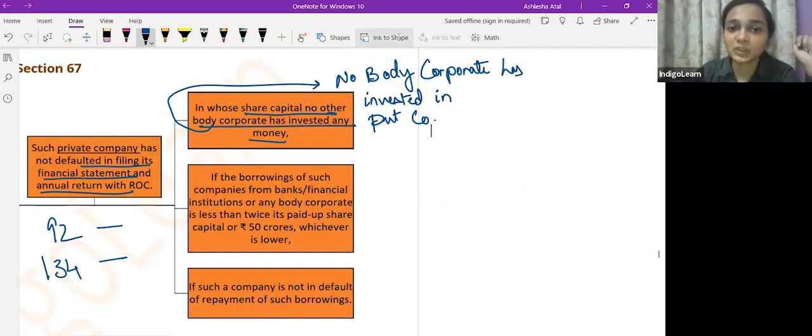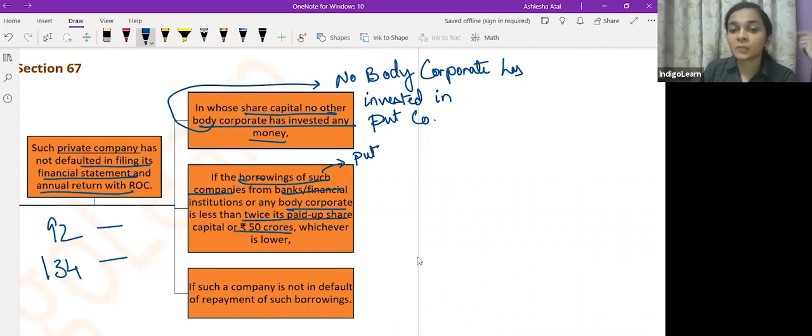Any company, including a foreign company. So the other condition which has to be complied with so that this section will not be applicable to a private company is that no body corporate should have invested in this private company. The other condition is if the borrowings of such companies, meaning private companies, from banks and financial institutions or any body corporate are less than twice its paid up share capital or 50 crores,